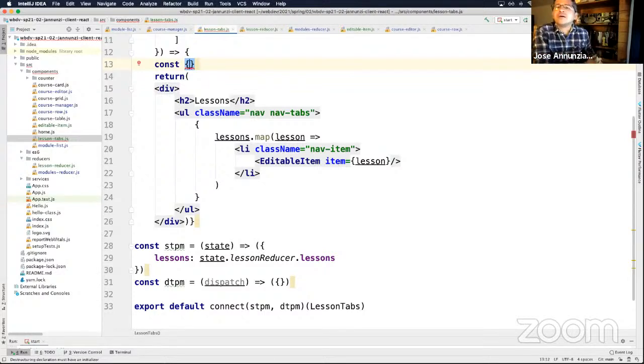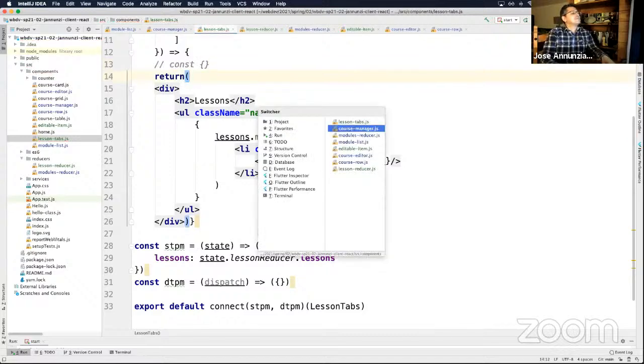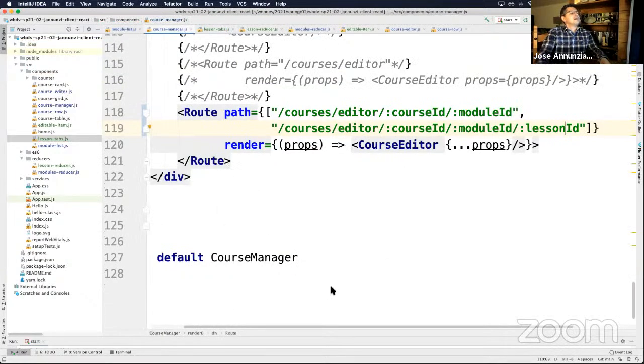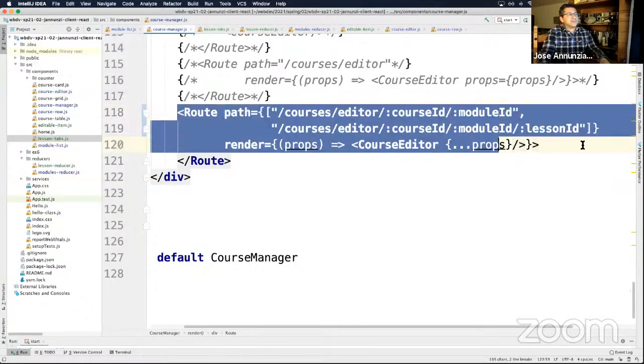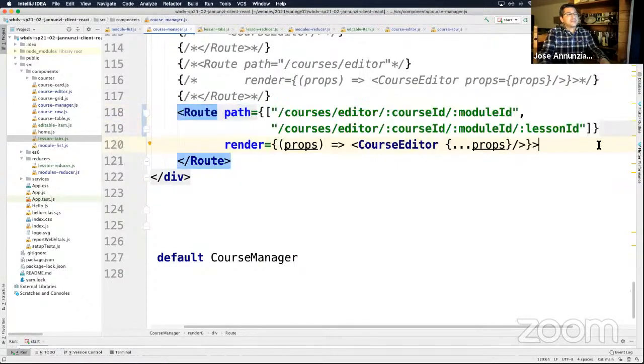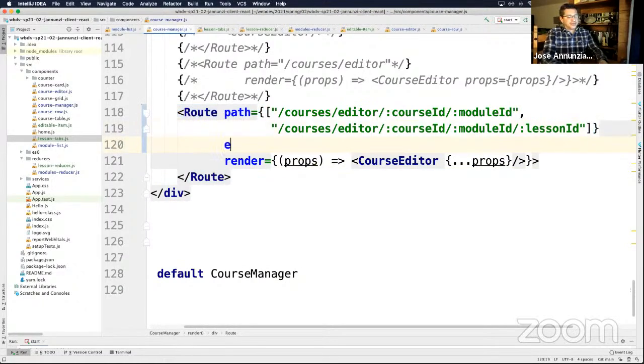Let's see why the latter is enough. Why the latter? Oh yeah, so the question was, I believe the student is referring to, why is this enough? Well, because if you notice, this route is not using exact equal true, right? We're not using exact equal true. So that means that